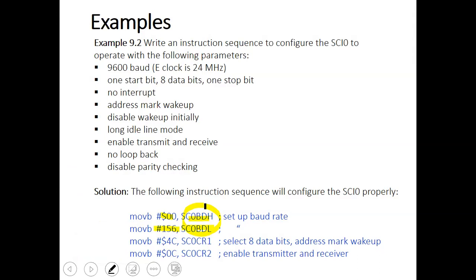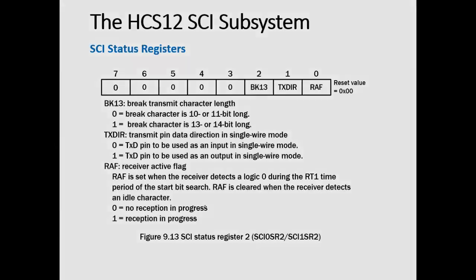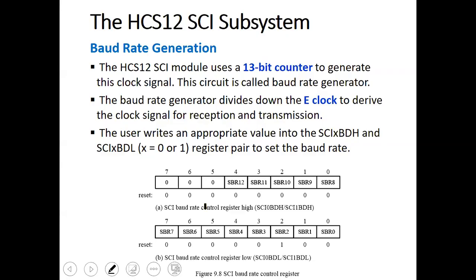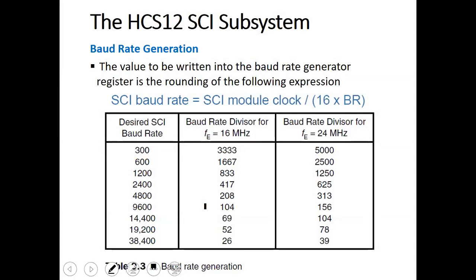We have here 9600 as a baud rate. Then we have the E clock, which is 24 times 10 to the power 6. This value is divided by 16. If you go back, divided by 16, let me go back to show it to you. There is this simple formula. Here you go: 16 times the baud rate register, or the value that is in the baud rate register. So you know all the values. So if you do the math, BR will be basically